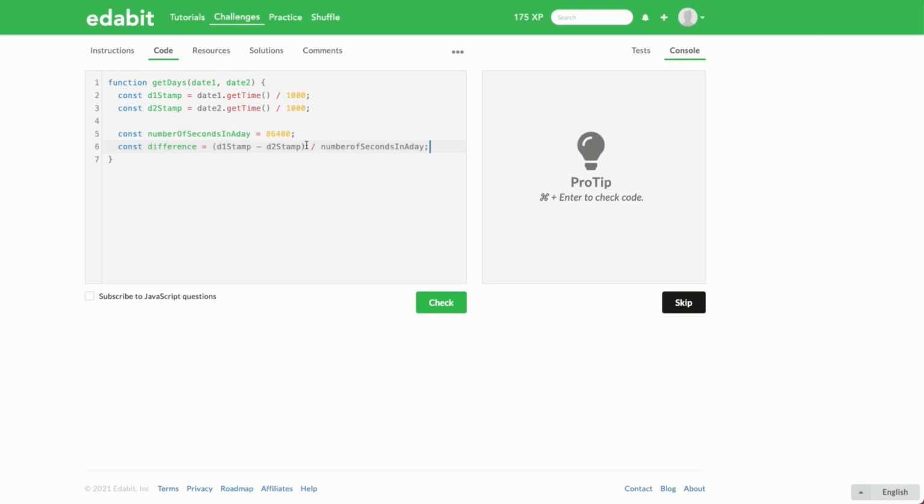But we might actually get a fractional number here, and we probably want to return a whole number. If I look at the tests, they need to be whole numbers that we return. There are various math functions that will enable us to do this, but I'm going to choose the Math.floor function, which will basically round the number down, because a whole day won't have passed if we've only got a fraction of a day there. So let's just return Math.floor. And now if we run that with the tests,